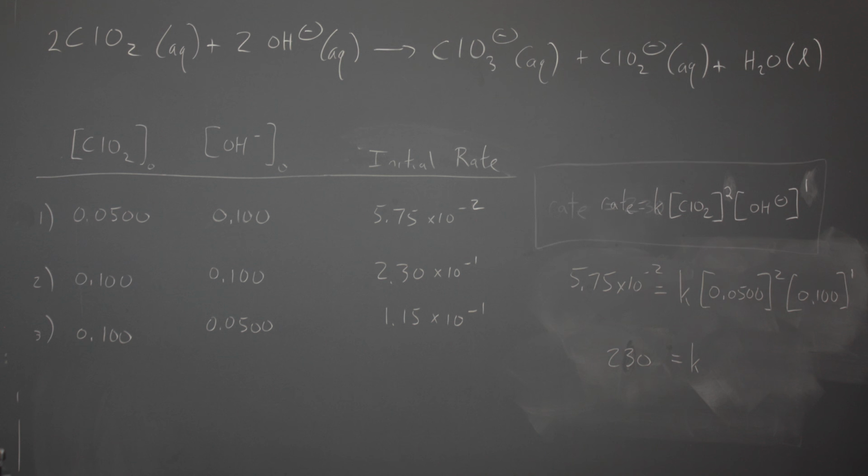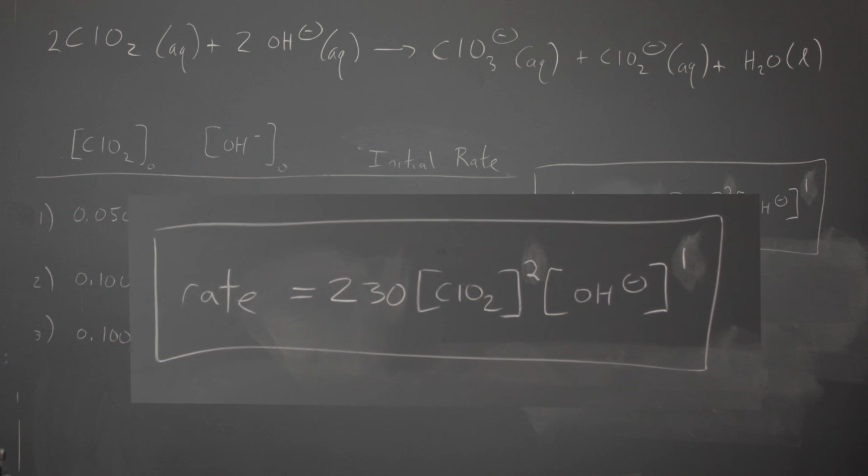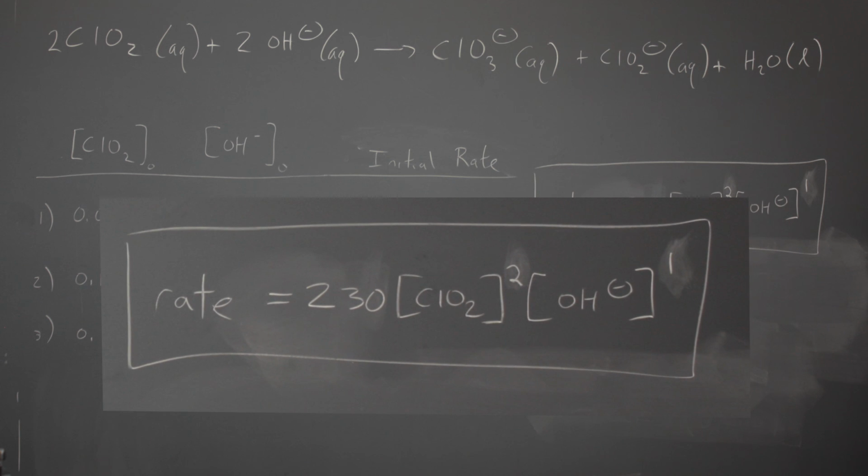Well, now that we've dealt with the reaction orders, X and Y in this case, and K, we can finally express what is called the complete rate law. And that is the original rate equation we had with no variables left in it. From that, we can interpret changes in concentration and what their effect will be on rate within a very limited range. We cannot go doing things 100 times more concentrated and expecting it to follow the same rules. We'll talk a little bit more about that when we get to the integrated rate laws in the